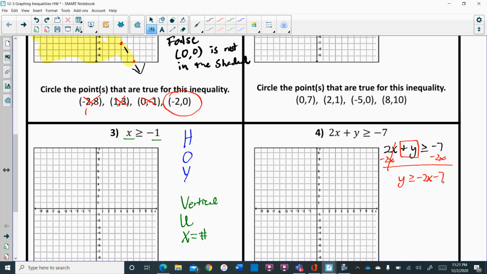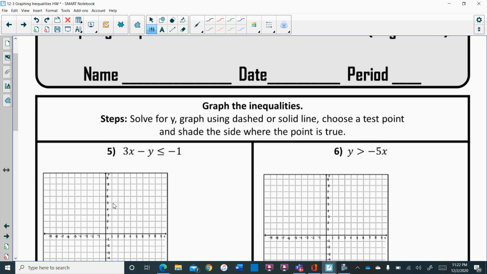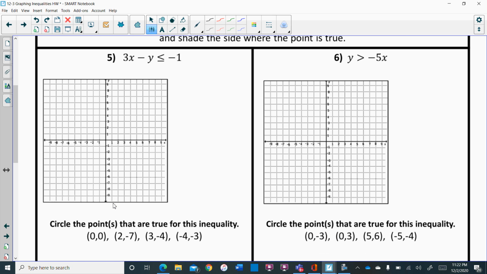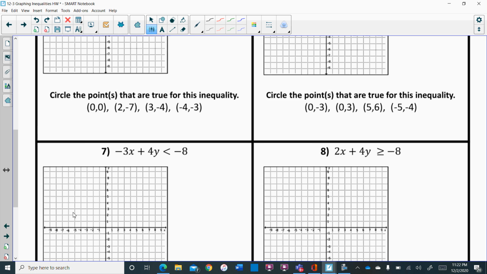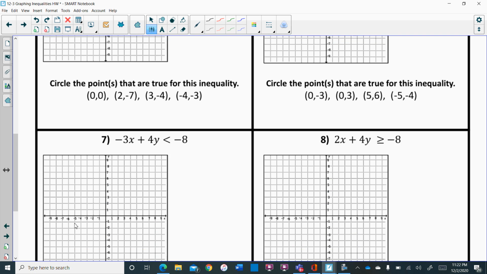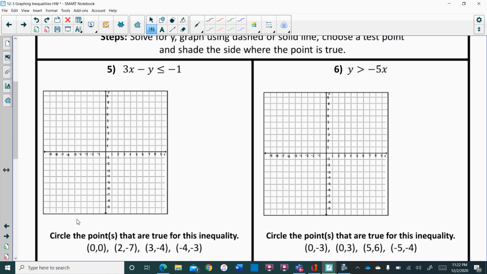So now you're going to graph it, just like we have been doing. On the back page, you're going to have to solve for y. After you graph it, you need to test each point. Circle the points that are true for the inequality. So on the back, I'm just giving you a heads up. You're going to have to solve for y. And make sure, for example,